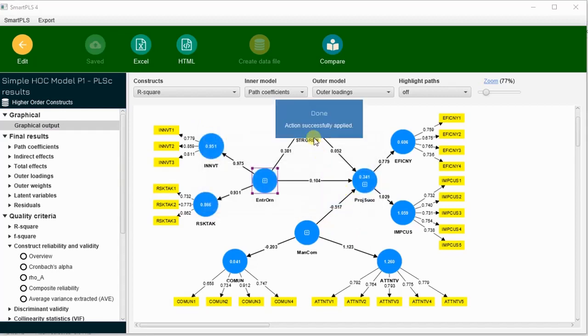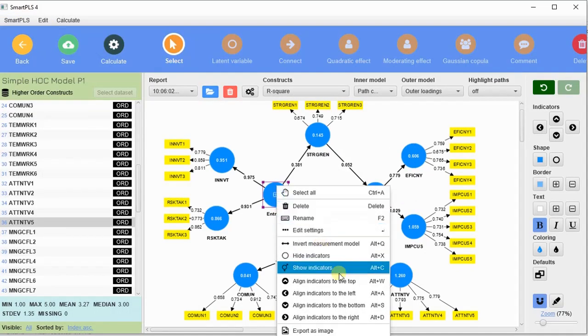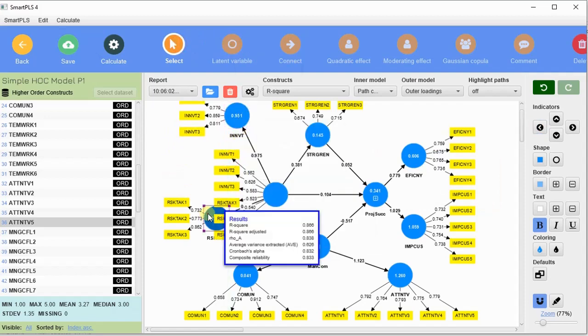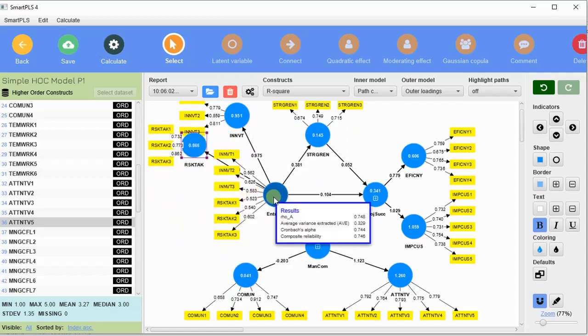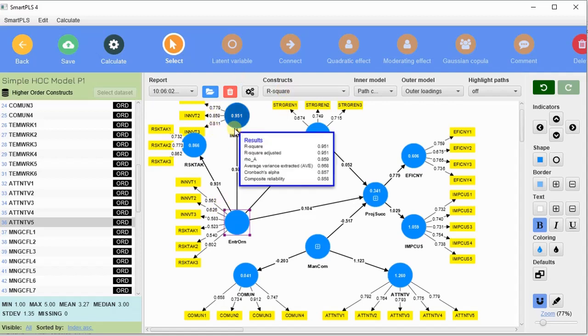Let me save the output, go back to our main model, and then show the indicators. Now the indicators are shown here. If I move the cursor here to make it clear, you can see the loadings of entrepreneurial orientation are now less than 0.70, and the reason is that when we combine